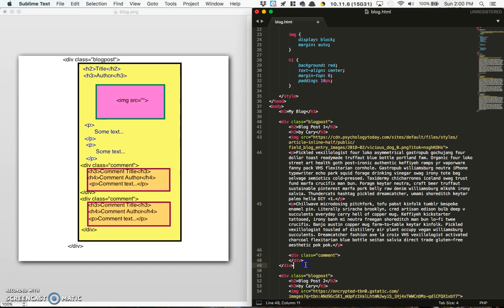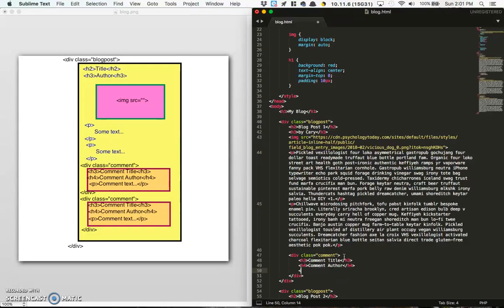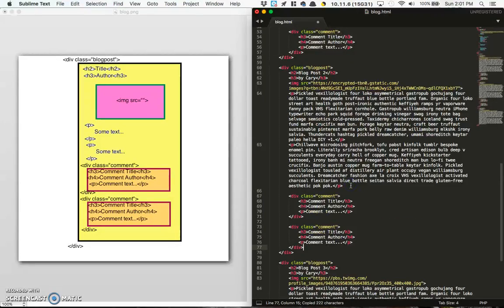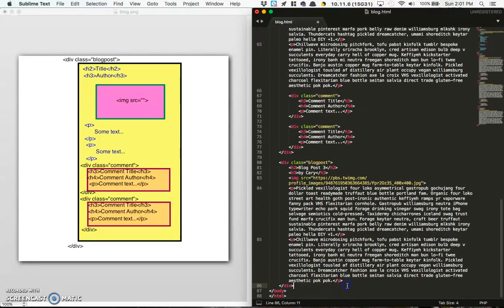I've got the start of my comment, end of my comment, so those correspond to the two black pieces of text here. Now, inside of this comment box, we're going to put an H3, which is the comment title. We'll put an H4, which is the comment author. And we'll put a paragraph, which is the comment text. Okay, and I'm going to do two of these for the first blog post. I'm going to add two comments to each of my blog posts, actually. So 1, 2, and then blog post 3